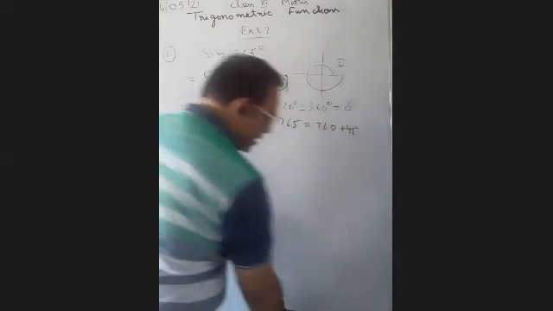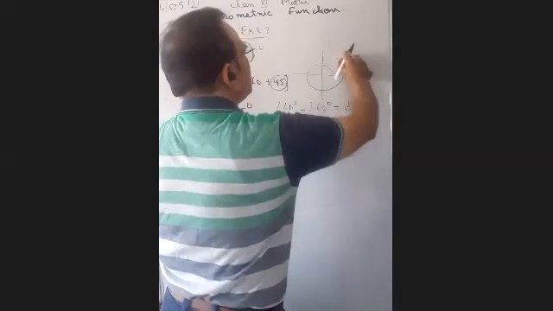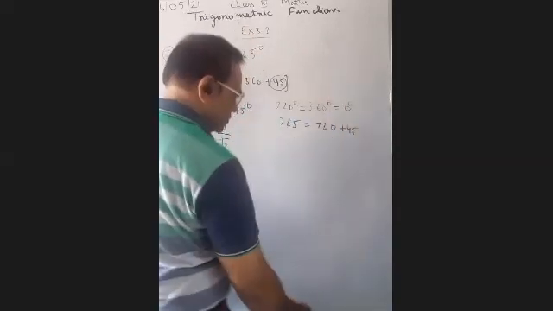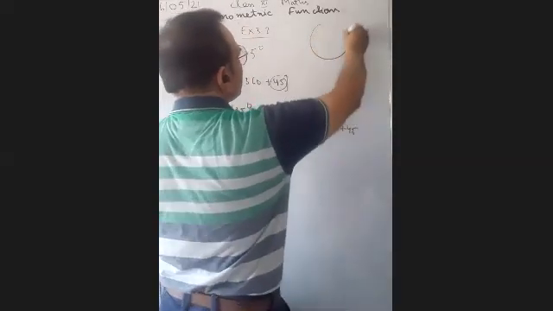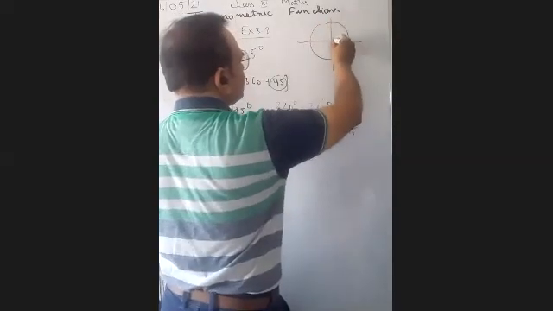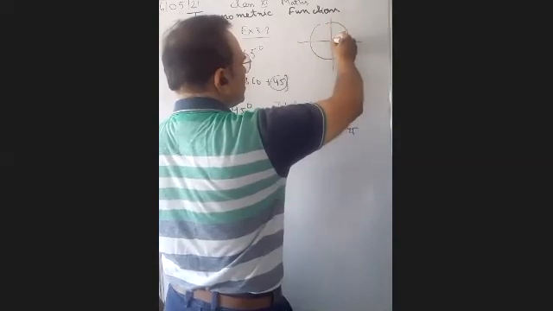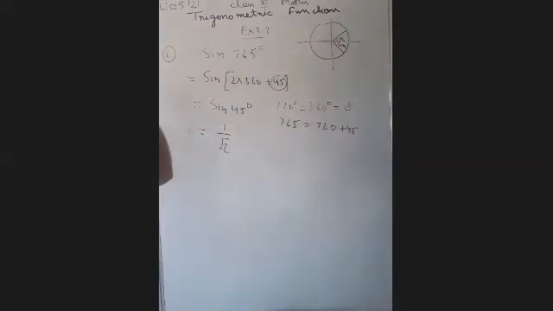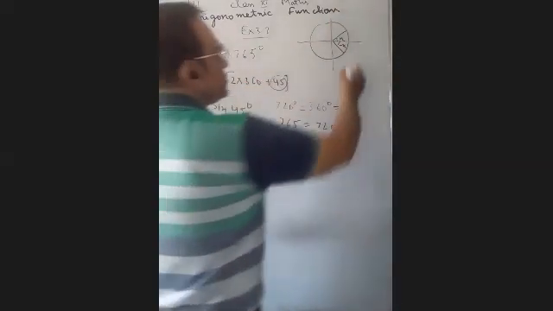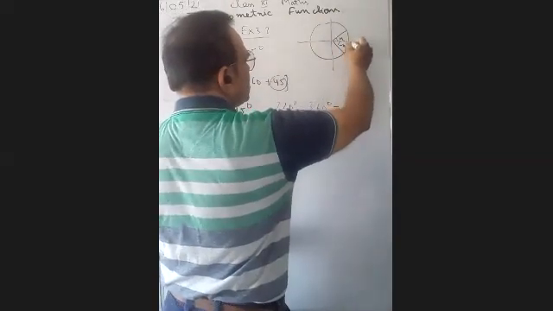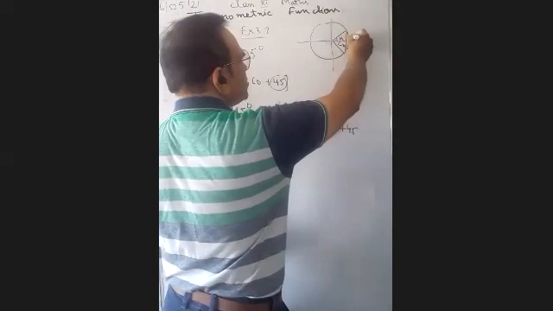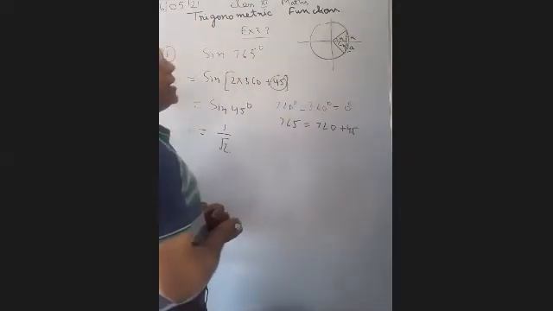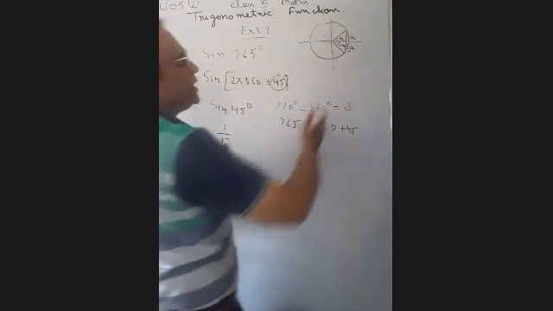ठीक है, just see one more formula I am just going to tell you. If you are in first quadrant, you are taking angle x degree. If you reach here, then if you make the same angle minus x degree, what will happen? The position of the perpendicular distance will be negative. Here the perpendicular distance is positive, here it is negative. So wherever we are getting perpendicular, those terms will be negative.